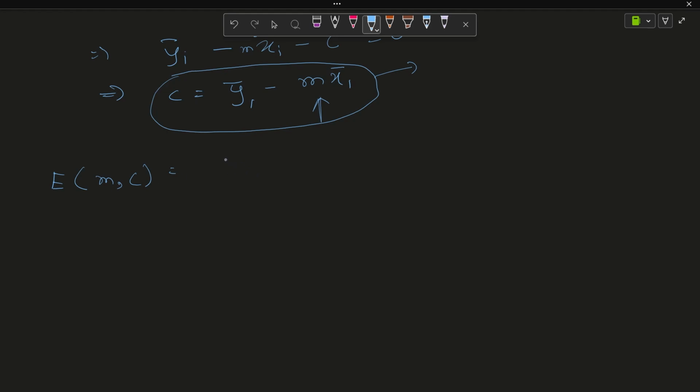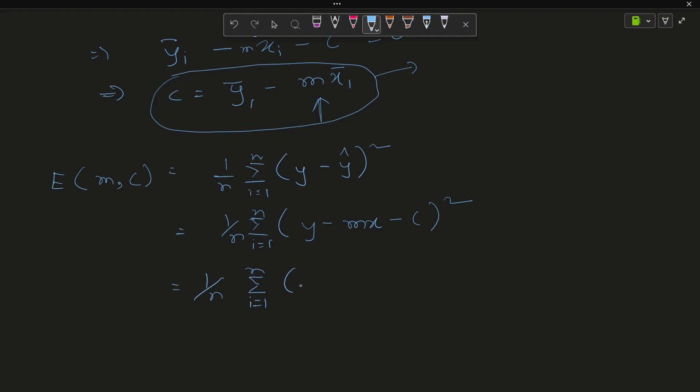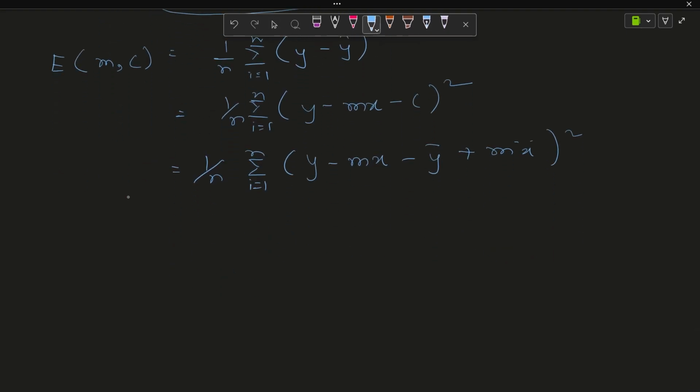slope and intercept right in here. So what it will be, you already know it, y minus y hat, right? And then you can replace y hat with mx plus c. So what it will be, y minus mx minus c, and then we can again replace c with this. So, too much replacement, alright, no issues with that. Let us replace c with y bar minus m x bar. So this is the equation we got, and we will now apply derivative to